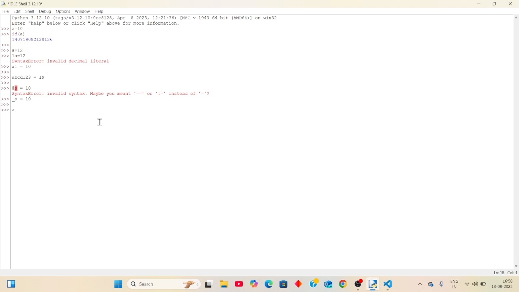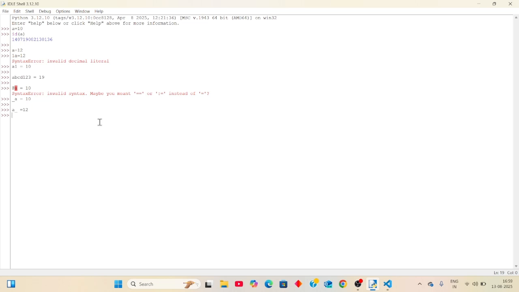One more: a underscore equals 12 will accept. Special characters are not allowed except underscore. Only the underscore will be accepted in a variable name.